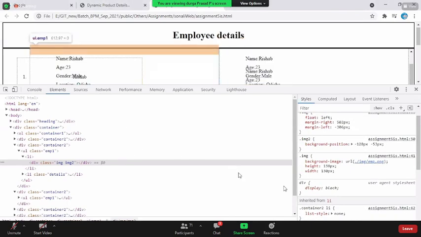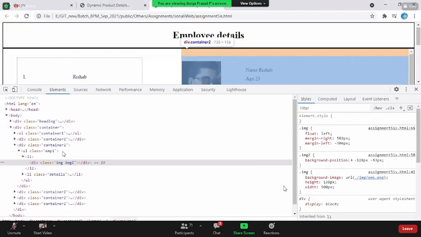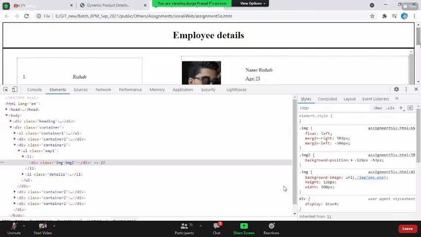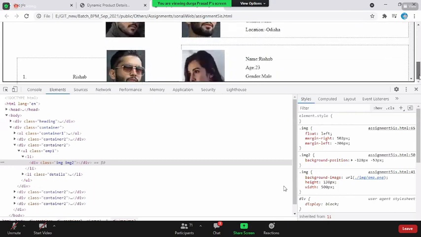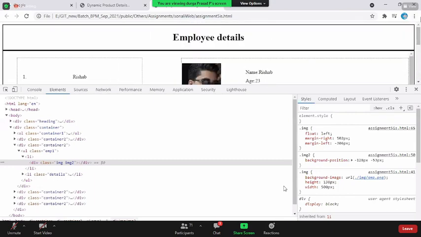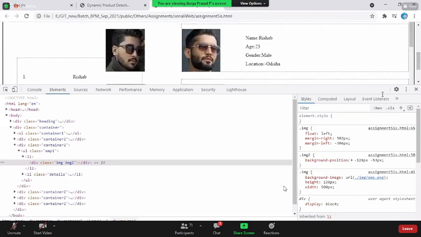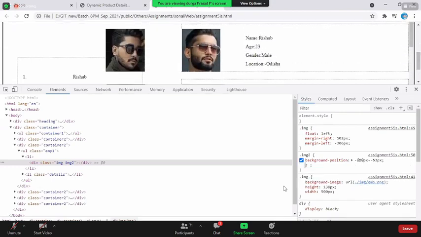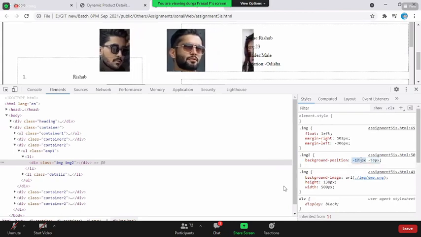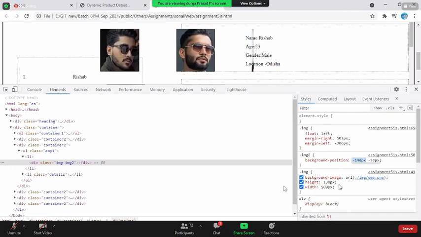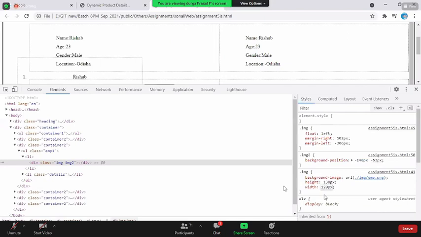Okay, so let me reload this. So the problem is you are giving this much of width. You should not give this much of width, right? Say some 120 pixel. Okay, now you give the position.